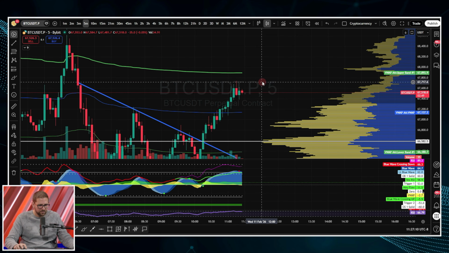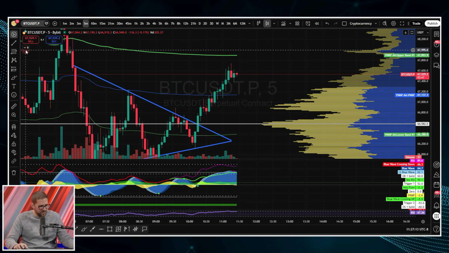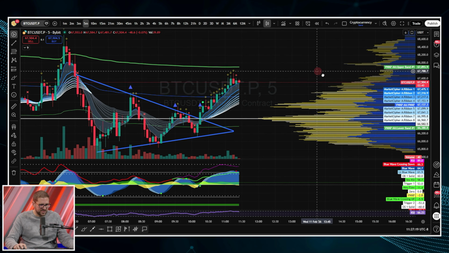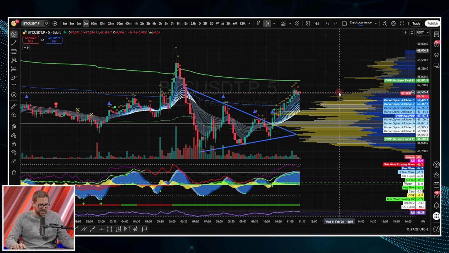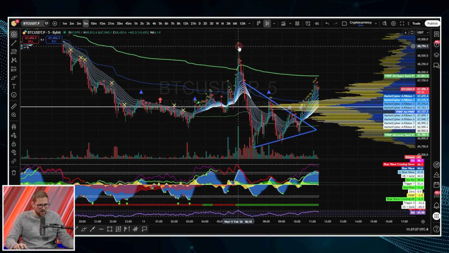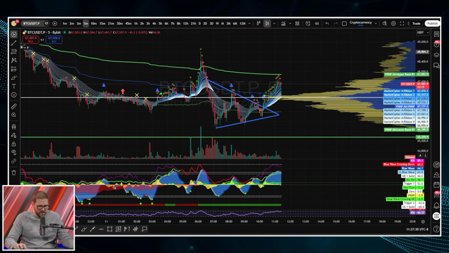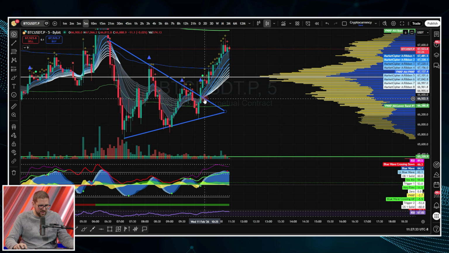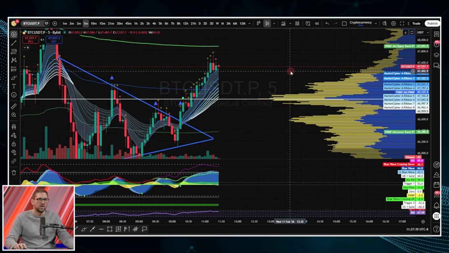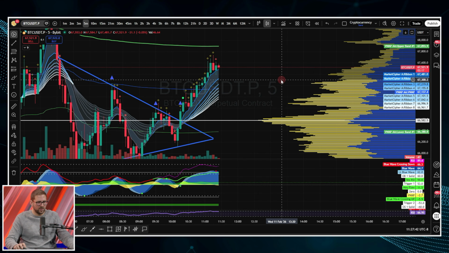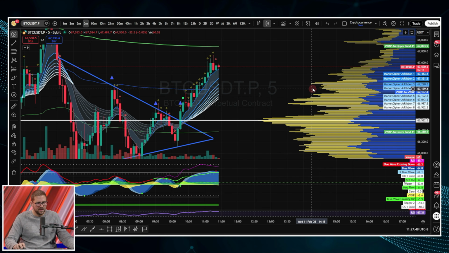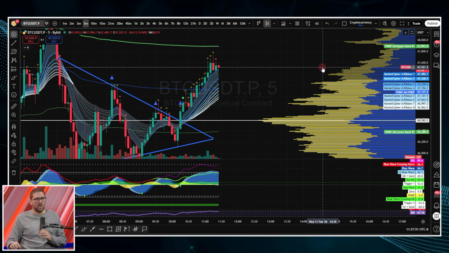Maybe, just maybe, we get that break above VWAP upper band. Let me throw on Market Cipher A. We get a break above VWAP and we backtest that, and we kind of make our way back up to that 69 to 70K region. But you can see here, price ran all the way up to 68.8 and got rejected completely all the way down. We had this symmetrical triangle that broke to the upside, never got a retest of that to enter. And so we're using VWAP to try to find our entries here. So be prepared for a potential long here on Bitcoin on a retest of VWAP at 67,150. That's kind of where I'm at, right? I'm looking to scalp along here.